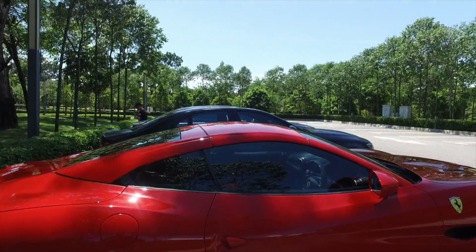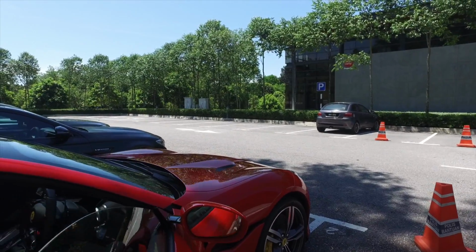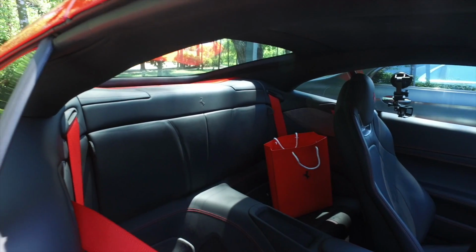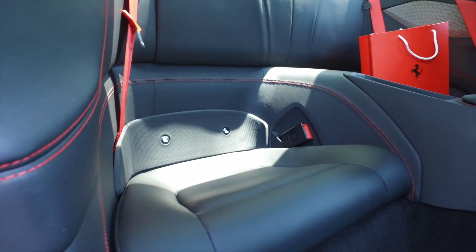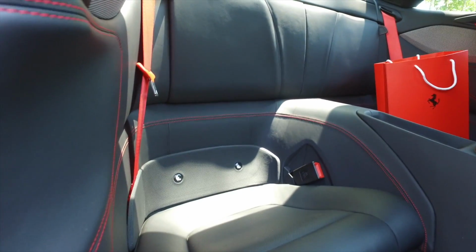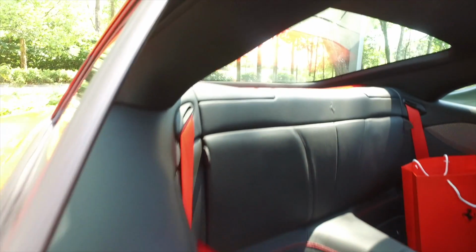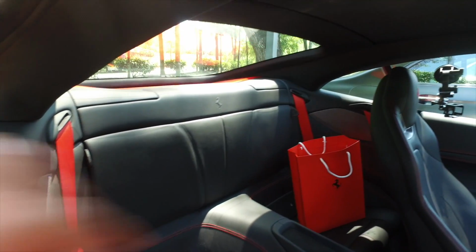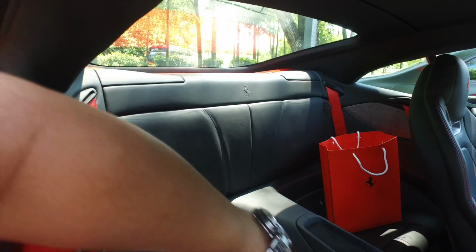It's a GT, it's a sports car. Okay, and it's a convertible. And of course you have 4 seats, but these are strictly for kids, and when the need arises, you can put a child seat over there because there is ISOFIX, but you can see the seat back is not very accommodating. However, one thing that is special about this is that these 2 panels can be dropped down